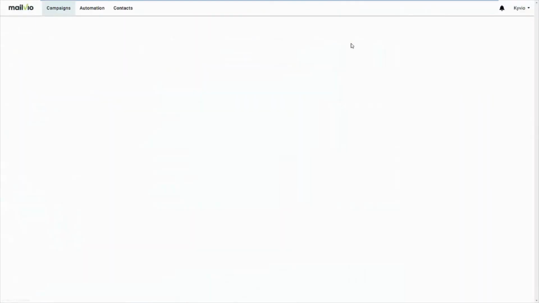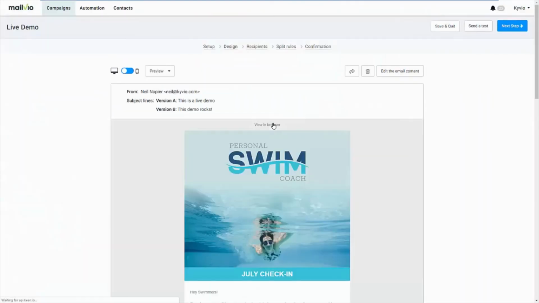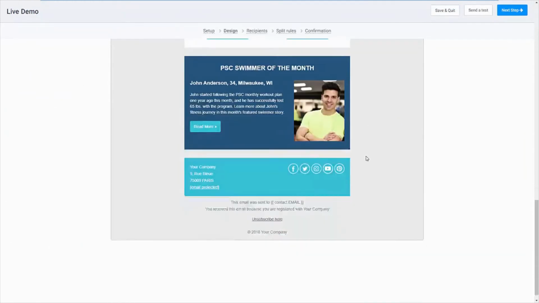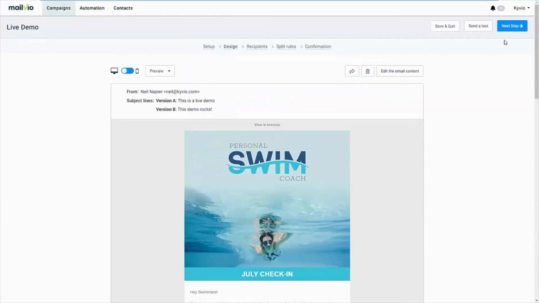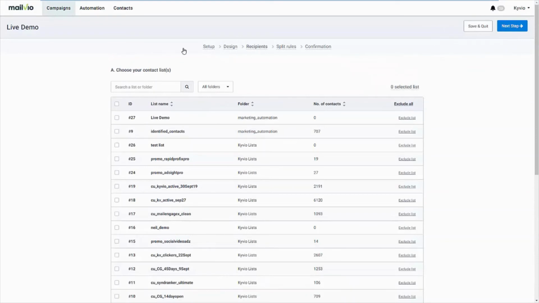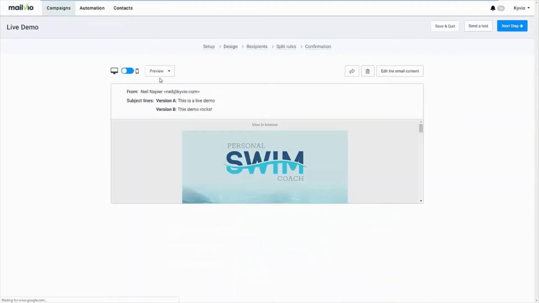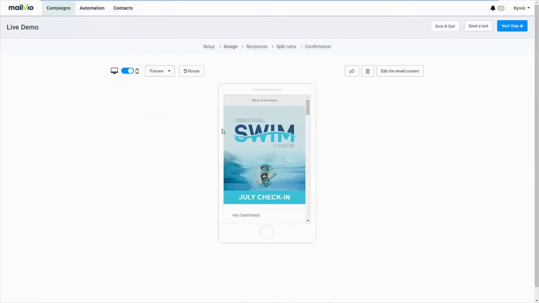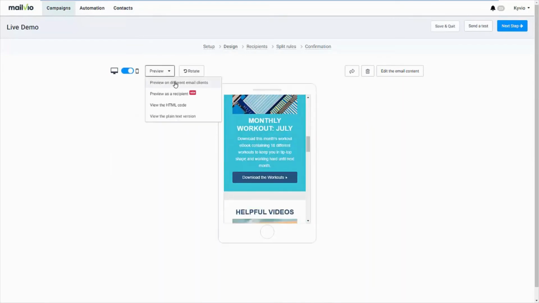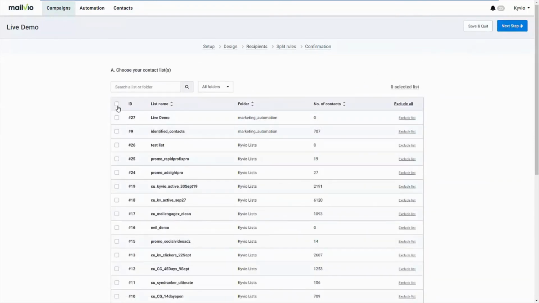You can mail to multiple lists. You can exclude some lists as well. So for example, if I go further down, let's say if I wanted to choose, oh, one thing I gotta show you, which is pretty cool. You can actually also see what this email would look like on mobile, which is, you know, quite straightforward, but you can also preview as a recipient. So if you are doing personalization in your emails, you can actually see what a specific recipient will see in that email. So once you pick all these, then you can go ahead and also exclude leads right over here, for example,